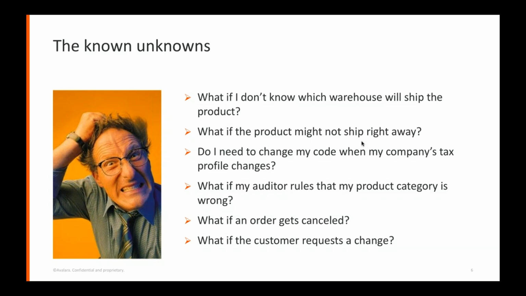The auditor of the state of New York disagreed and said, no, you can't categorize it as that because that's exempt in New York. You have to categorize it as this, which is taxable. So both states disagreed about how the same product was categorized, and both of them wanted it to be taxable in their state, and both of them refused to accept the other person's categorization. So there's interesting stuff out there.